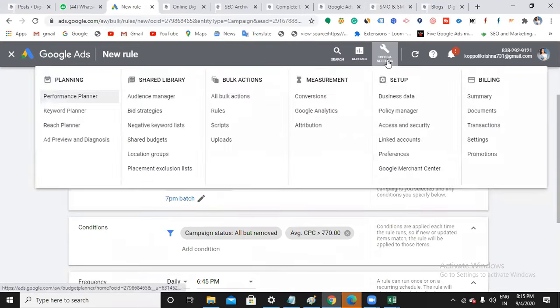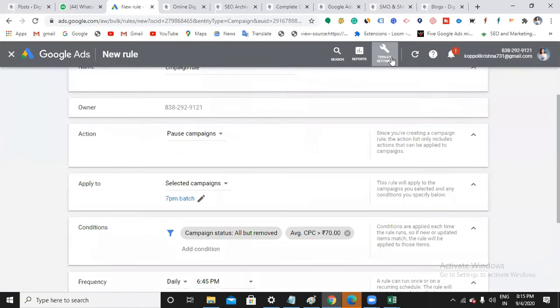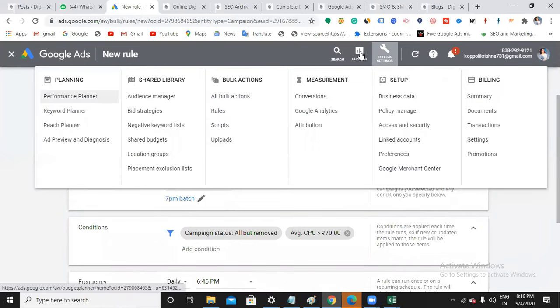So here one more thing, like a script. If you want to use this script, you should have knowledge of, you should be familiar with the JavaScript code. So here we will be using this Pro script with the JavaScript. You should know coding and all. So it is useful for automation of your ads within your ads account. So it is also kind of bulk actions only. So not required for us. As it consists of some JavaScript code, right? Let me leave that. The next, placement exclusion list.